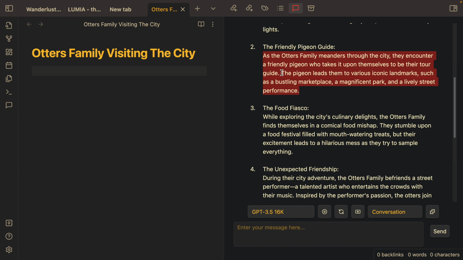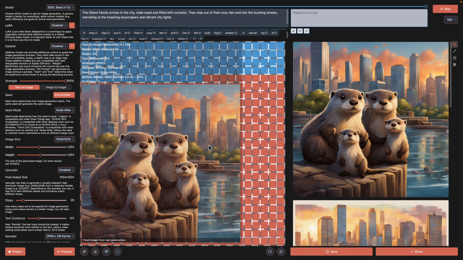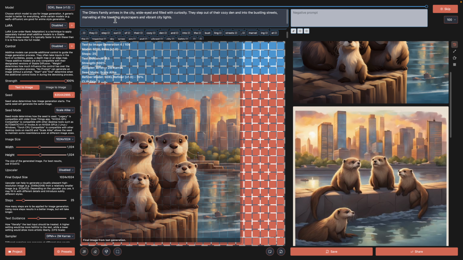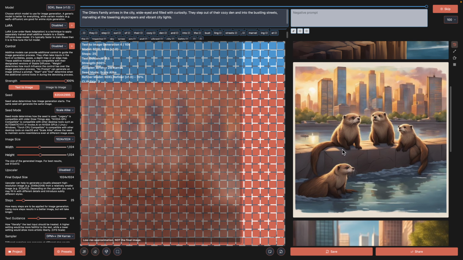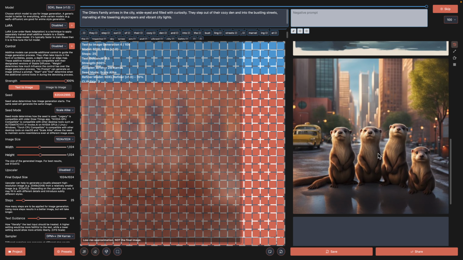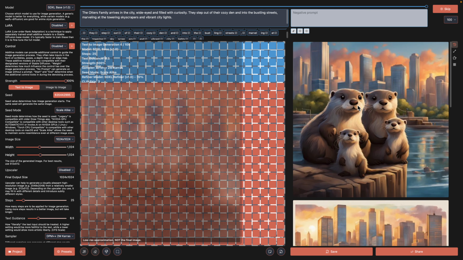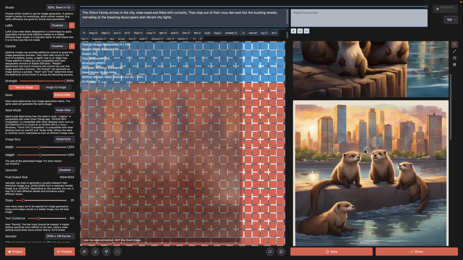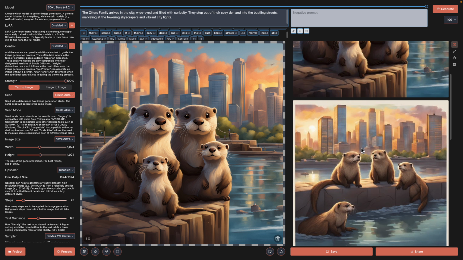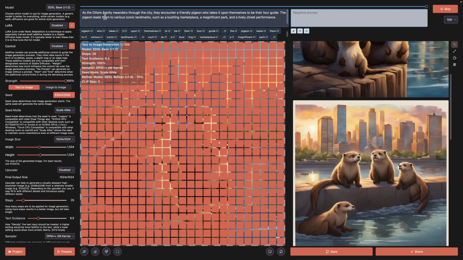I'm just going to copy this, right? Okay, this is actually okay. This is from the first part. The otters family arrives in the city, right? It's probably in New York, but they just arrive in the city. They feel alien. There are probably movies about villagers visiting a city for the first time, there are a lot of movies already about it. Could be aliens visiting the cities, but I'm just going to copy and paste this.